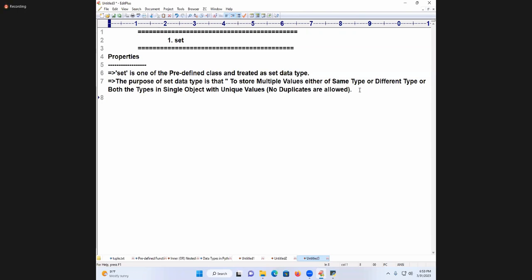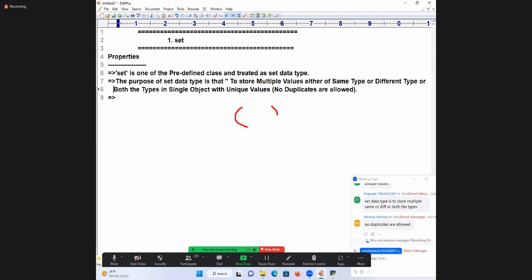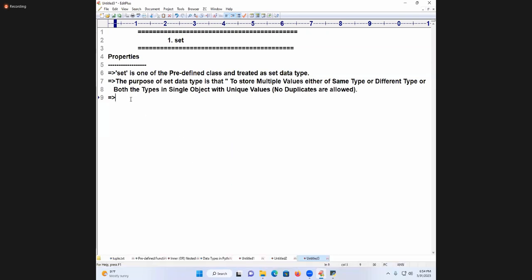No duplicates are allowed. Next point, I am going to write it. Do you know, students, in our previous symbolic notation, this is the notation of what? Tuple. This is the notation of what? List. Now we are using a set. Set elements are organized inside of where? Curly braces. Now I'm telling you the elements of a set